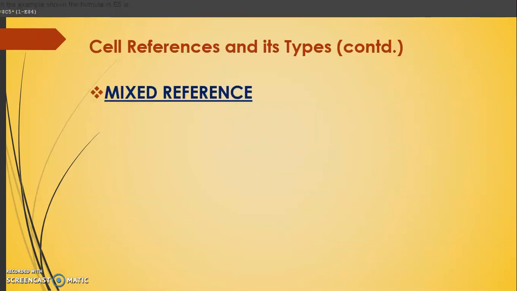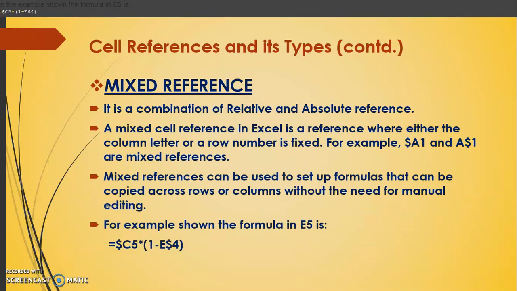Okay, the third part of the cell reference is mixed reference. Now what is this mixed reference? Mixed reference means it is a combination of relative and absolute. As the name suggests, mixed, मतलब किसी दो चीजों का mixture है. It is a mixture of relative reference and absolute reference. What happens in this type of reference? We put the dollar sign either before the column name or the row number. Either one of the parts is fixed. या तो रो फिक्स हो जाएगी या फिर कॉलम फिक्स हो जाएगा.